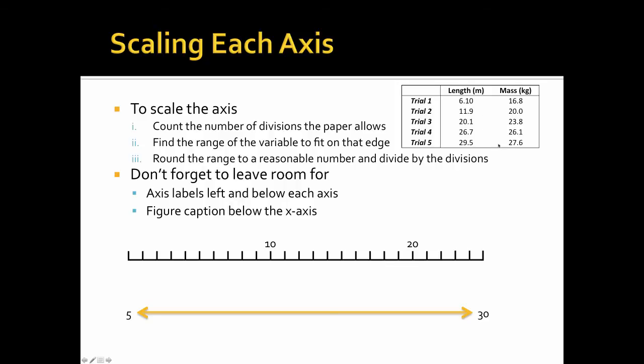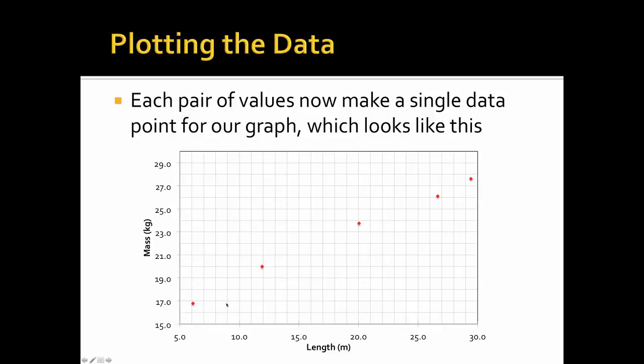So I'm hoping that you're all looking at this and saying, I'd round this up to 30, round this down to 15, and the difference would be 15 to 30, so I'd have to have at least 15 of these divisions to make it work out and be very easy to use. As a matter of fact, that's what I did when I made the graph. So now that I've made those decisions, 15 to 30 on my y-axis for my mass, 5 all the way up to 30 for my length,